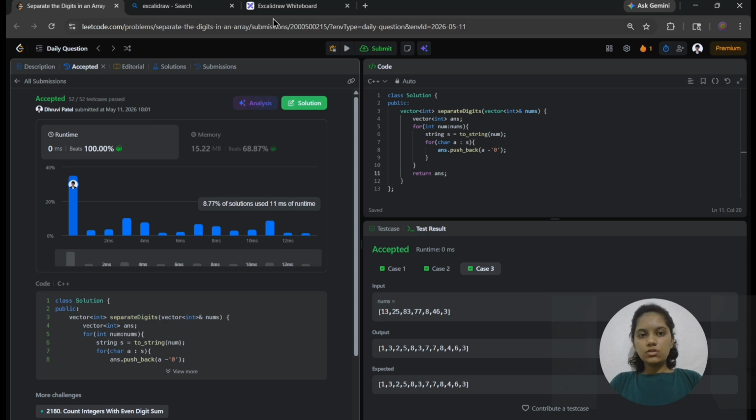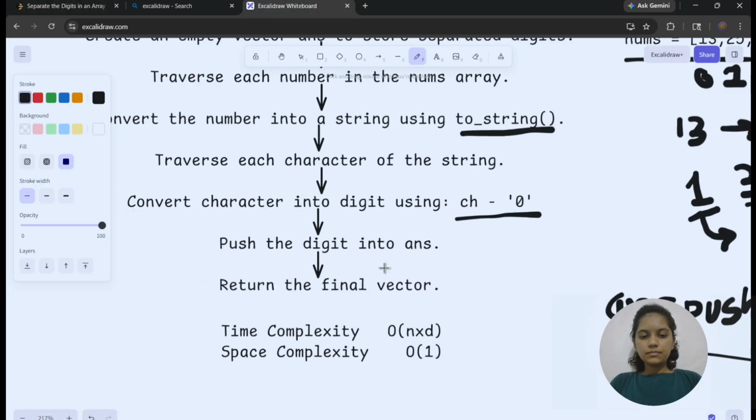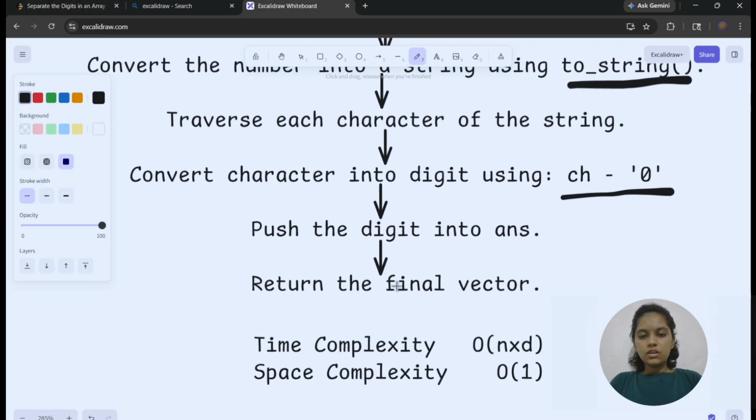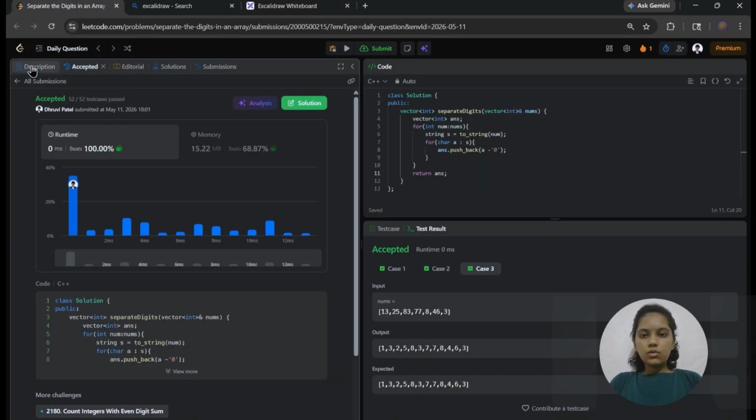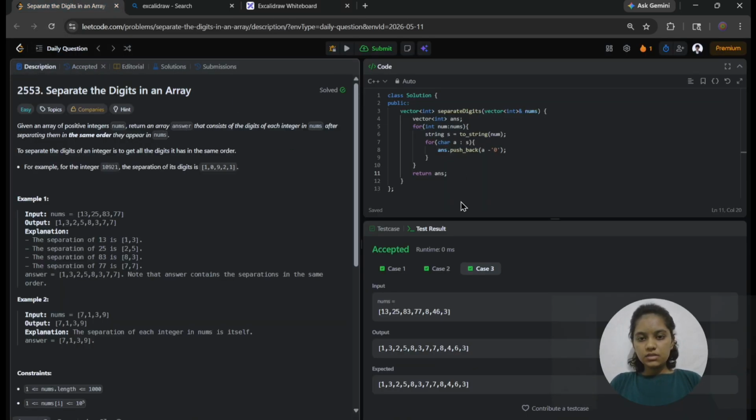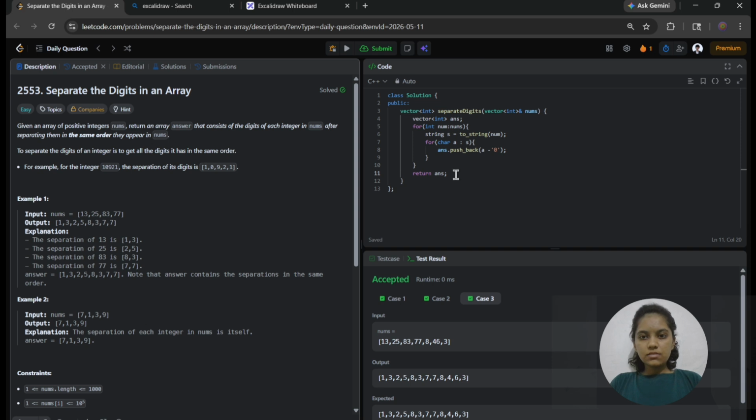So this is the solution, and the time complexity and space complexity of the solution are as given. Time complexity is big O of n cross d, and space complexity is big O of 1. N is the number of times our for loop is running, meaning n is the size of the given nums array, and as I travel in a string and push into a vector, d is the number of times I am traveling in a string.